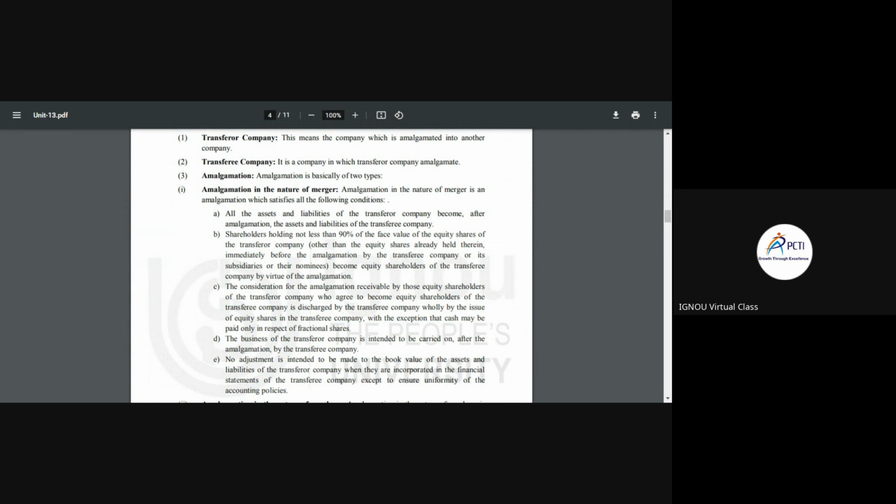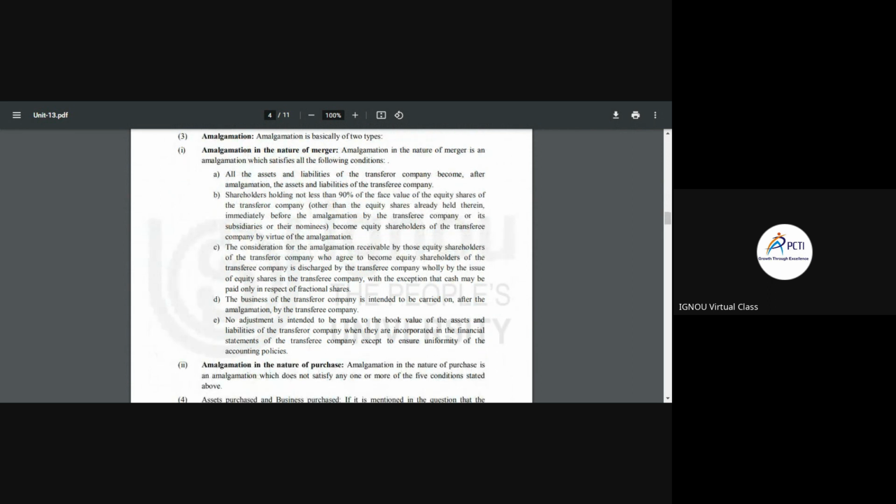So here are some conditions to follow in the case of merger: that all the assets and liabilities of the transferor company become, after amalgamation, the assets and liabilities of the transferee company. Next one will be shareholding not less than 90% of the share value of the equity shares of the transferor company